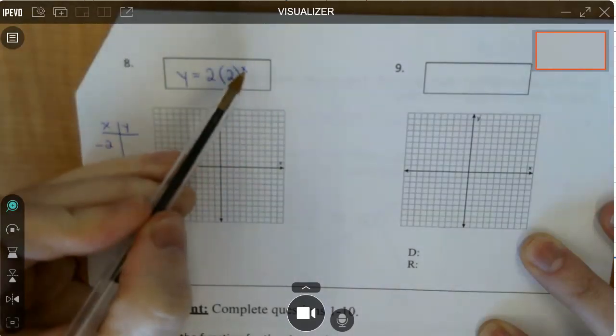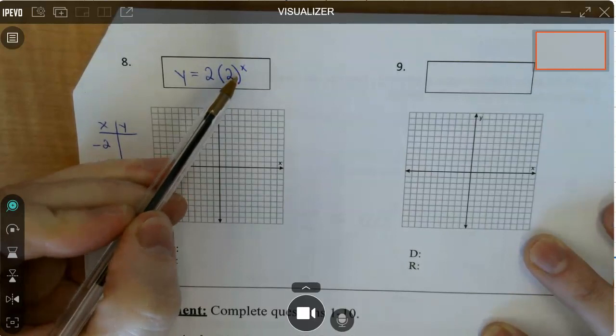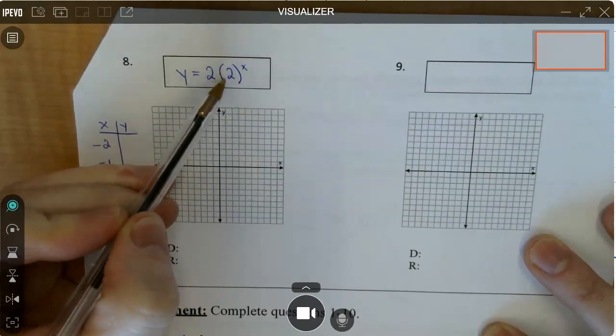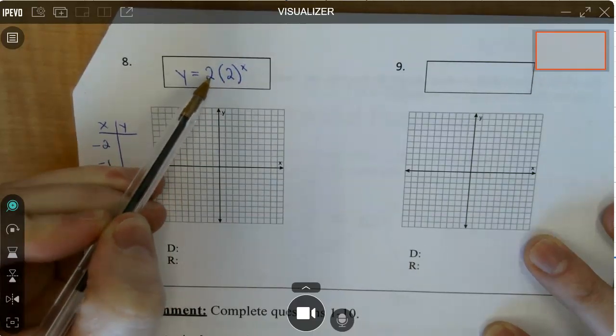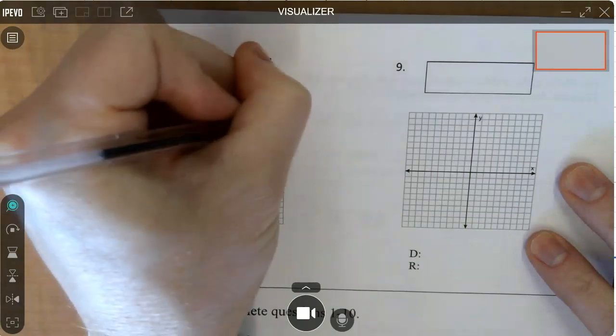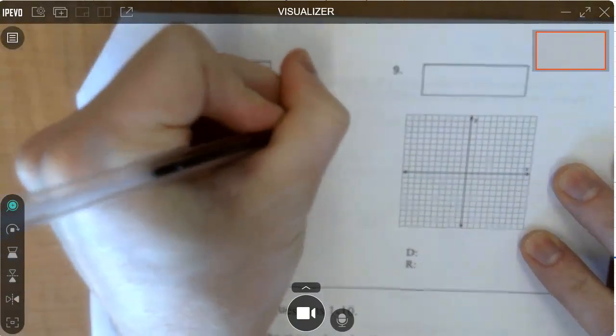But now, when I plug in all these values for x right here, and I do 2 to that power, after I calculate this part of it, then I have to multiply that value by 2. Okay? So it looked like this for the first one. 2 times 2